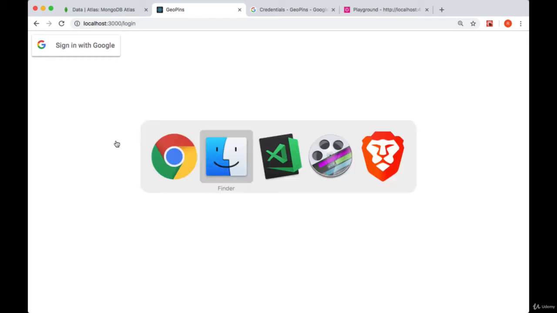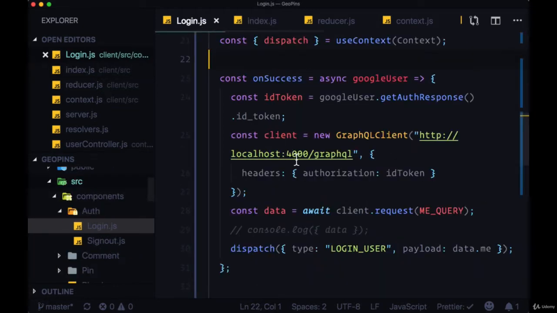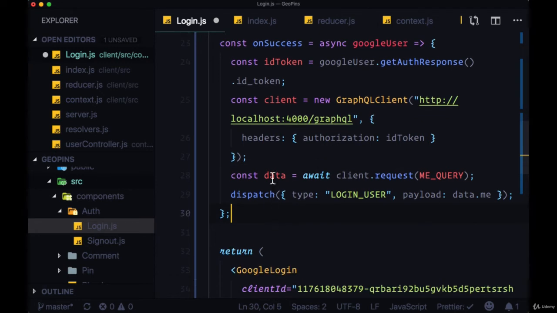In this video, we're going to clean up our app a little bit. First of all, by heading to login and removing the console log here that I commented out. Note that from the data object that's returning our me query, we can destructure it and just immediately get the me property that's going to be more convenient in passing our data to our reducer when we dispatch our